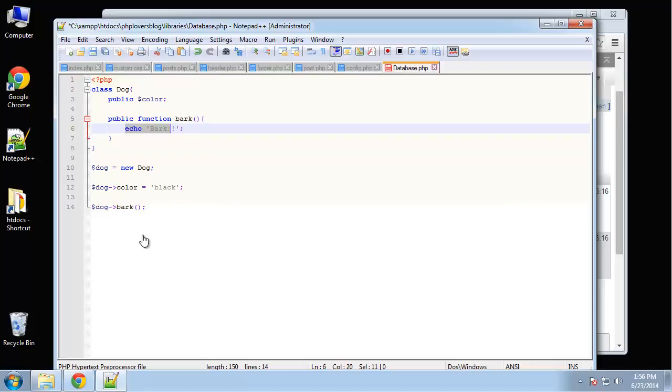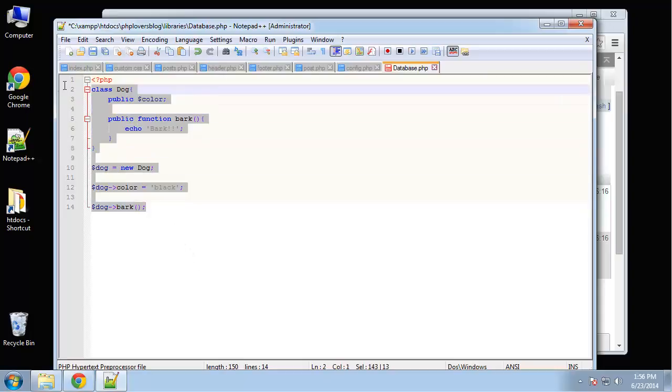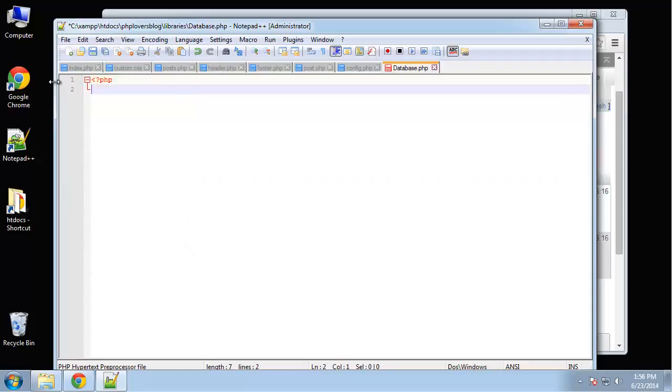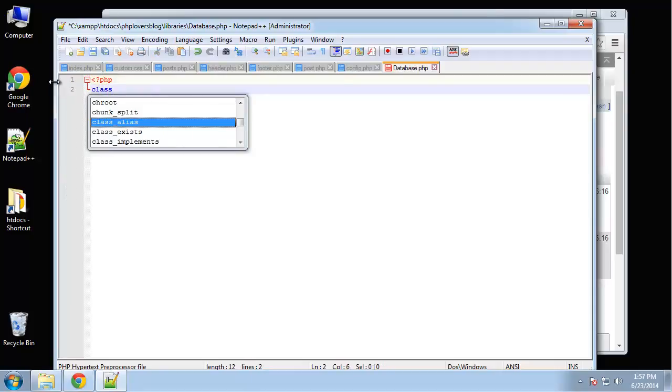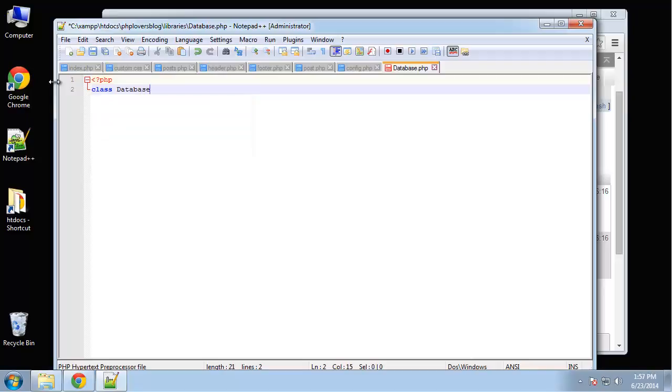So that's just a really simple example that I wanted to throw out there. Classes, properties, methods, objects. Okay, so those are the basic four aspects of this that you should know. Alright, so let's create our real class. Alright, so we're going to say class database,